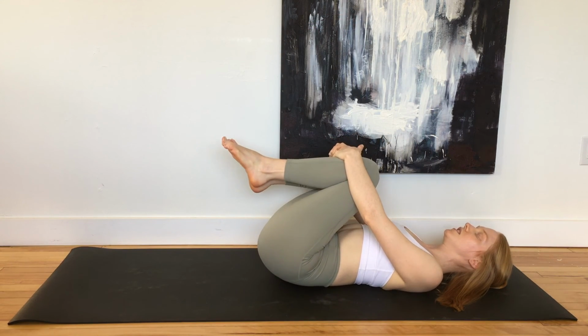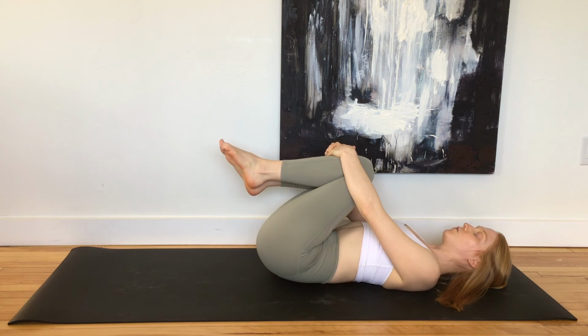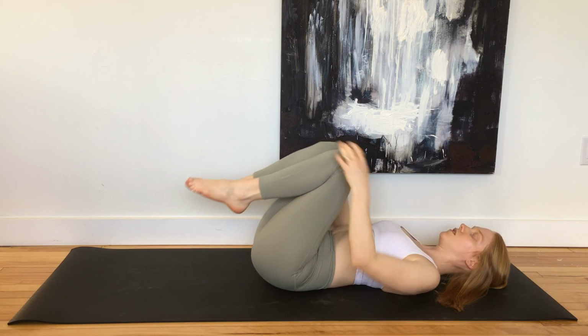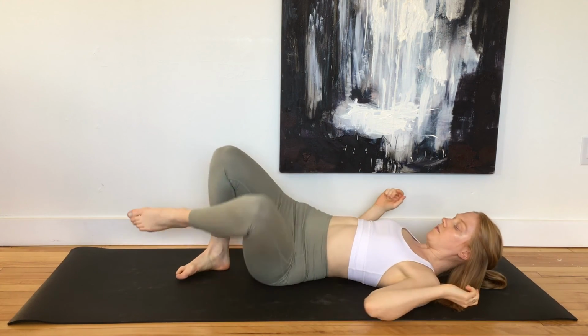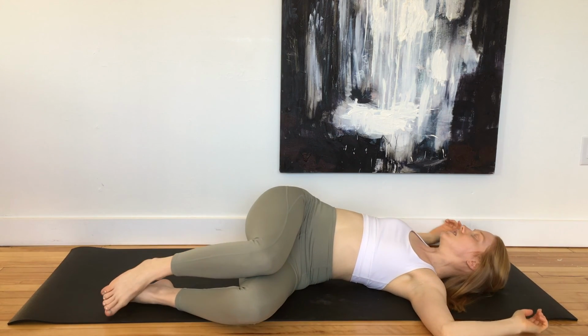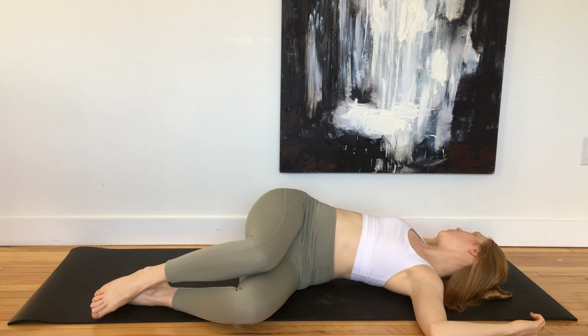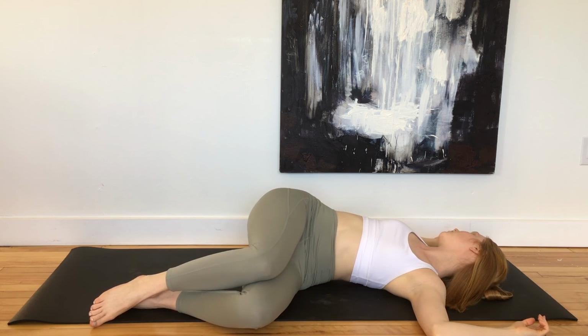nice little squeeze. And we'll take a lying twist from here, so you can let the knees fall all the way over to one side. Arms can come out in a T or into cactus arms. And you can look over the opposite shoulder. Just breathing here. You worked hard today, so allow yourself to enjoy this unwinding,